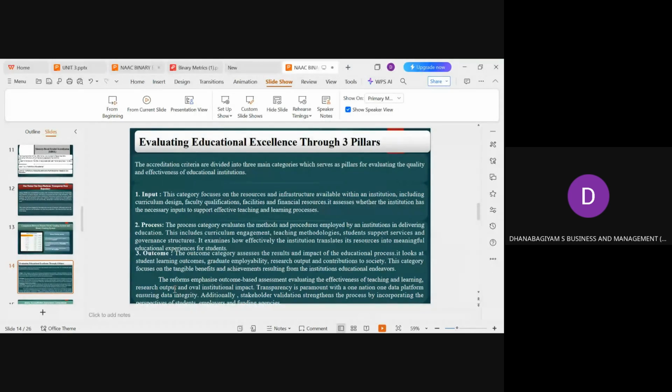So the input, the process and the outcome should be highly correlated. When we have sufficient data related to the input, the process and the outcome, then we can tell our teaching-learning process is effective and efficient, that we are giving good knowledge and providing education to our students, and that we are measuring the students' knowledge at the proper level. And after measuring, not only that, whether they are capable enough to graduate. This needs to be measured very carefully.